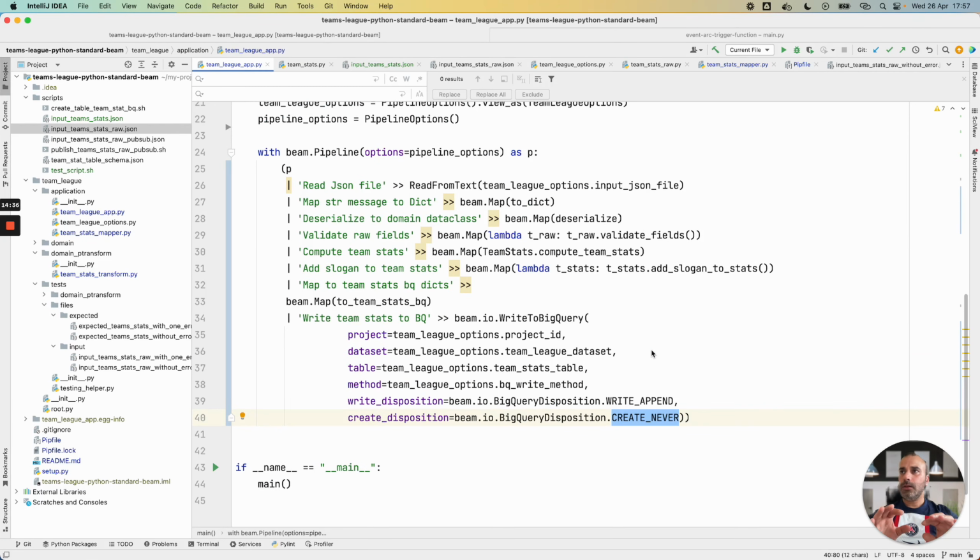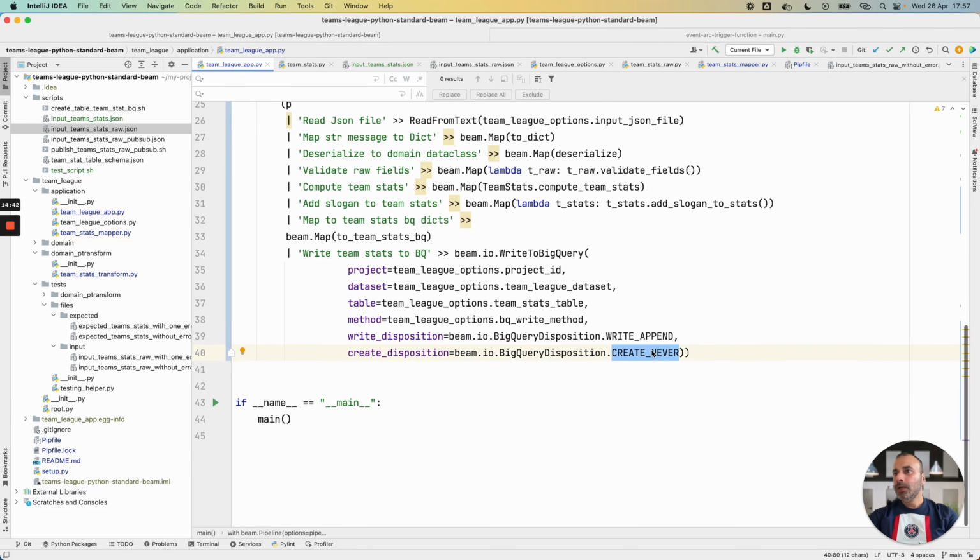The code is done. I showed all the pipeline, the transformation, also the input and expected data.